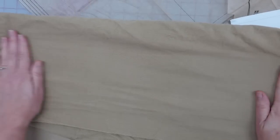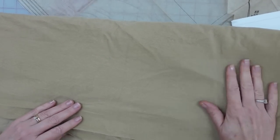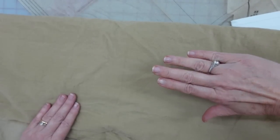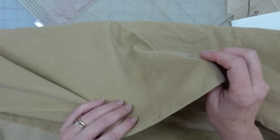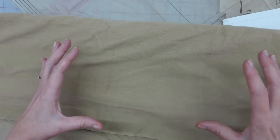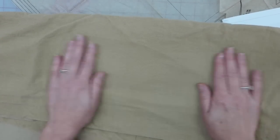So we have some fun things with corduroy. First, it has a nap. So you need to make sure that when you're cutting out your pieces, they all have the same top, okay? So don't lay it out with the top of one pant this way and the top the other way. Because it's subtle, you won't notice it until you have it, but they'll look like two different colors. So just make sure they're all going the same way. Use the layout for something with nap. And also be a little careful when you're